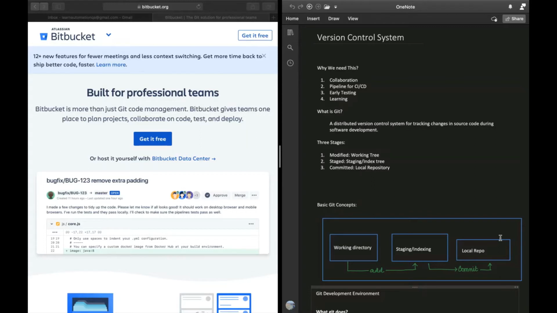Today I'll be showing you the practical example as well, like how to do it, how to create a repository, then how to use the Source Tree.